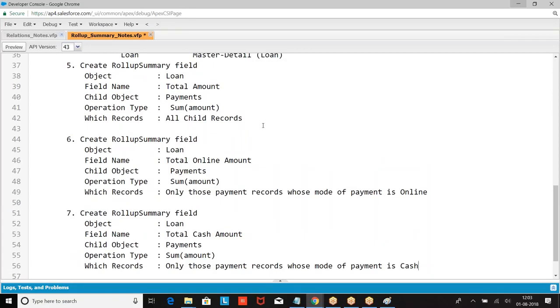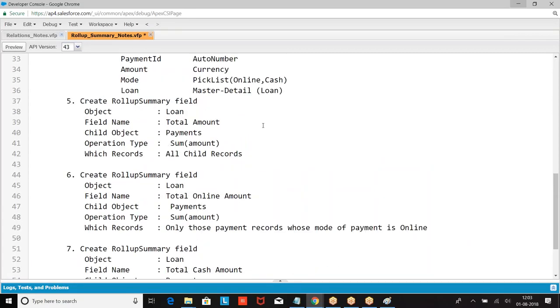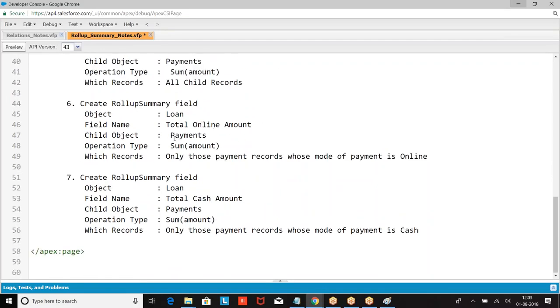This is what I created. So roll-up summary fields: total amount, total online amount, and total cash amount. We are just trying to create 3 roll-up summary fields.